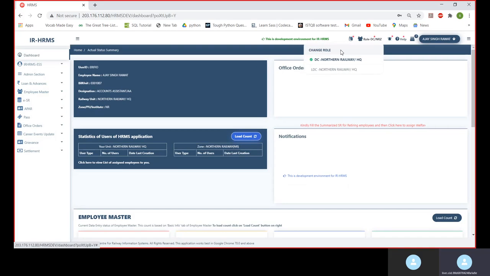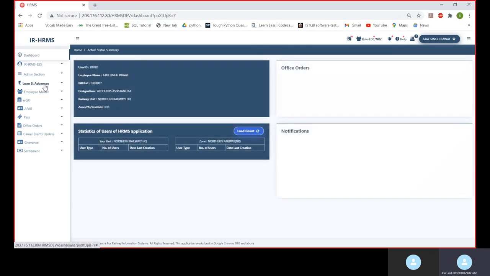For the LDC, he has to make sure that if he has been assigned multiple roles, then he has to select LDC as his role to work as a PF loan dealing clerk. After choosing the user role, he will go under PF loan applications to see all the PF loans applied by the employees under him or her.